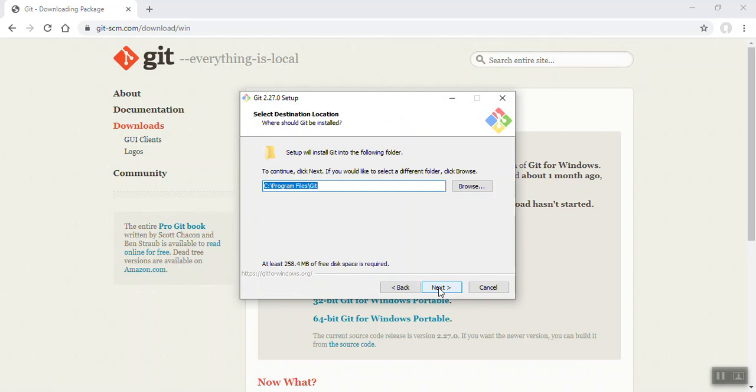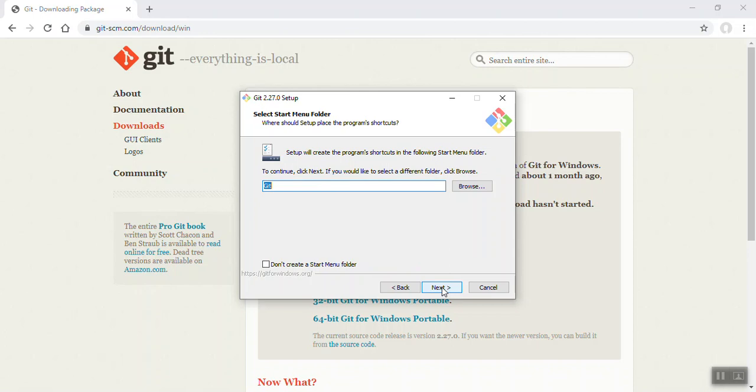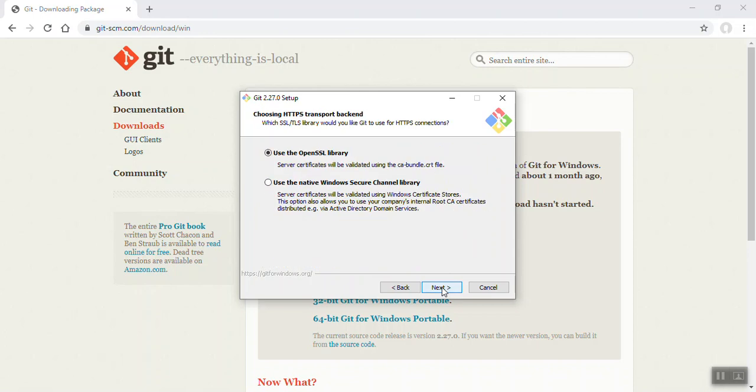This is the path where Git is going to get installed. Let's check the additional icons. Checking daily Git Windows updates is not necessary. Click next. Server certificate, click on this and then say yes. Next.